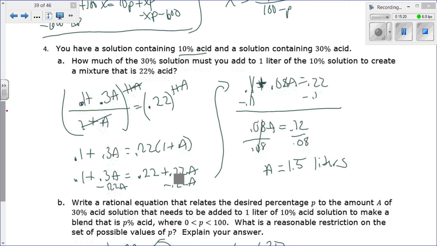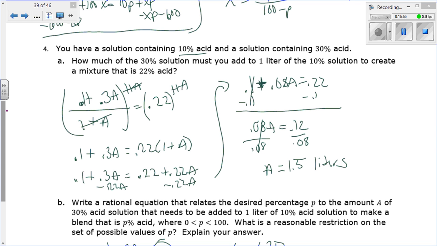You have a solution containing 10% acid and a solution containing 30% acid. How much of the 30% solution must you add to 1 liter of the 10% solution to create a mixture that is 22% acid? Well, we are going to have the 10%, which should just be 0.1, and we're only talking about a liter, so I don't have to multiply by anything. So it's just 0.1 + 0.3A, because that's what I'm adding to it, and I'm adding a 30% acid, and then I'm going to have 1 liter plus A,